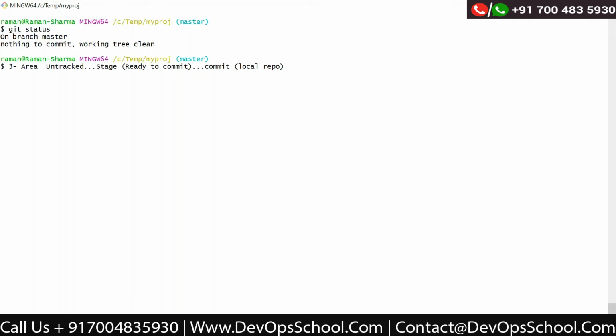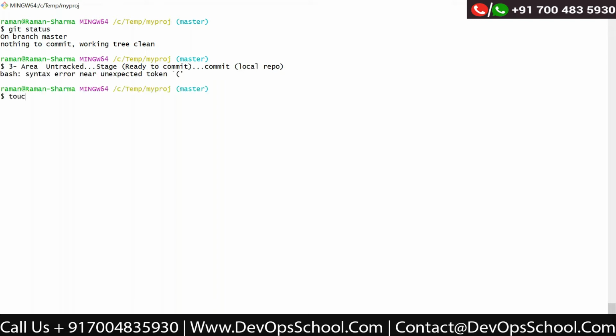Every commit has a commit ID, which is unique, and those commit IDs you can see with the git log command. So let us see this.